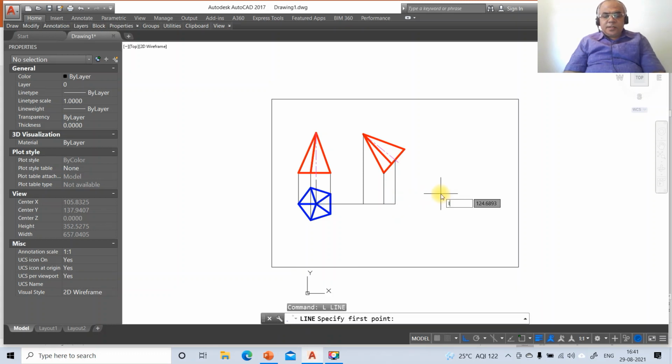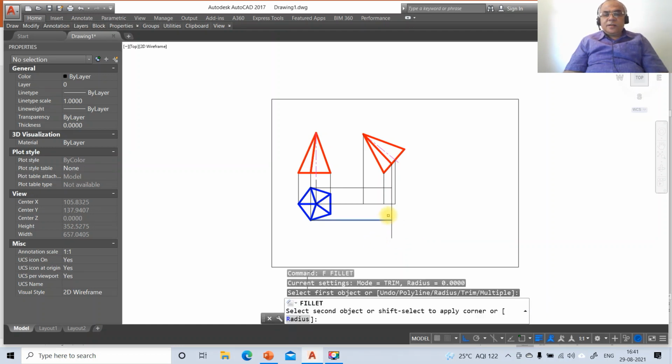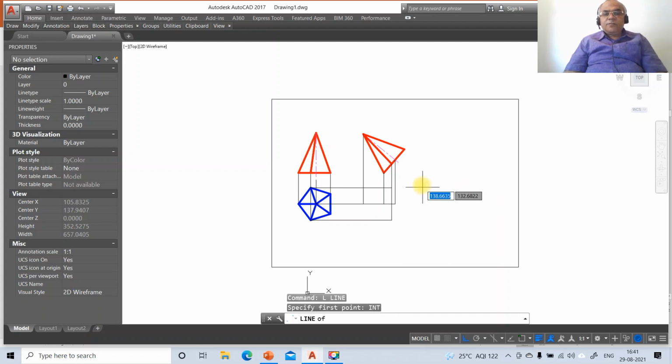Similarly you just go to line, take int of this, and which are those two lines. So take int of this and draw perpendicular to this line. Similarly line, take int of this and draw perpendicular to this line. Then you just go to fillet between this line and this line. Then go to line, take int of this and then